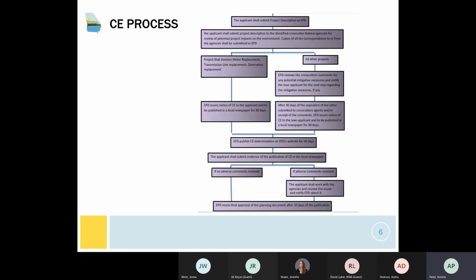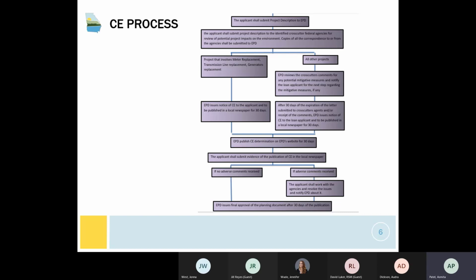Simultaneously, EPD will submit the CE to the applicants so that they can publish that in the local newspaper for 30 days. We will also require proof that the water system or the applicant has published in their local newspaper, and we'll need a newspaper clipping. Once the CE has been published in the newspaper and the 30 days are over on the EPD website,